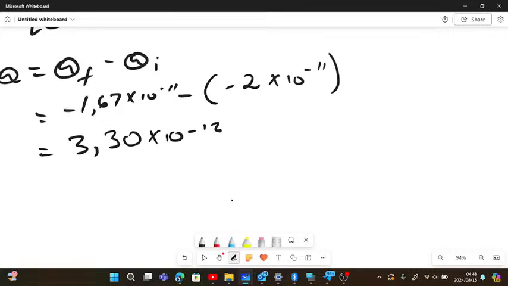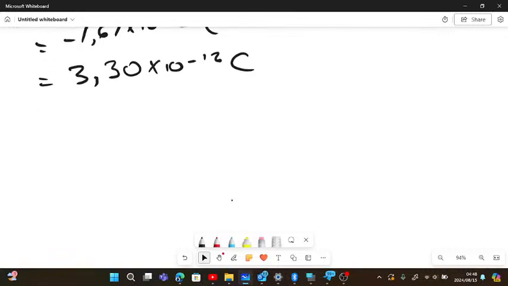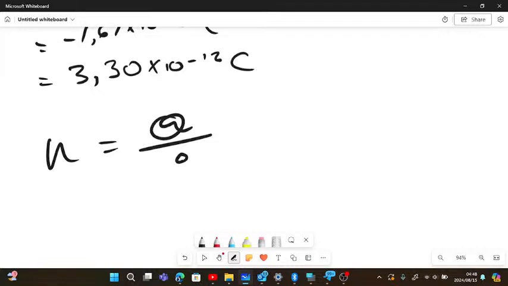So now I have my change in charge, so I can calculate the number of electrons. Remember I said to you, the number of electrons is equal to the charge over the charge of an electron, and the charge we have here is 3.30 times 10 to the negative 12, sorry, negative 12,